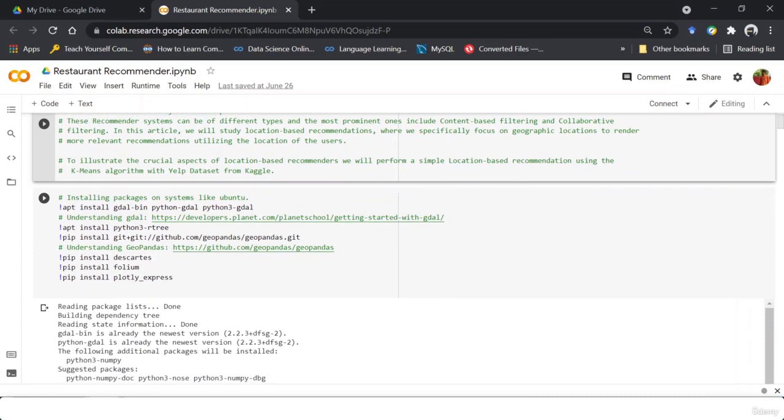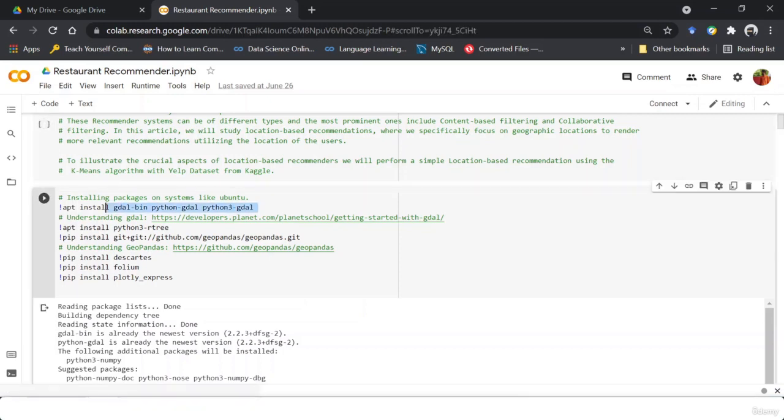Now, you can see that a lot of packages are there that I'm downloading, and you also have to download and install all of these, because these don't come as a default with Google Colaboratory. So don't get scared from whatever I've written here.